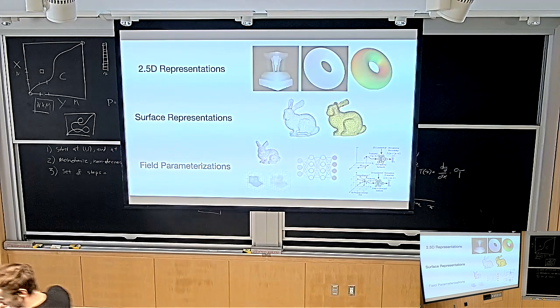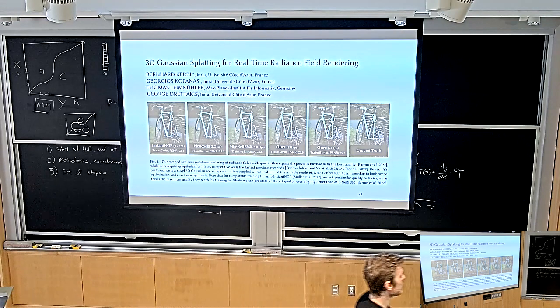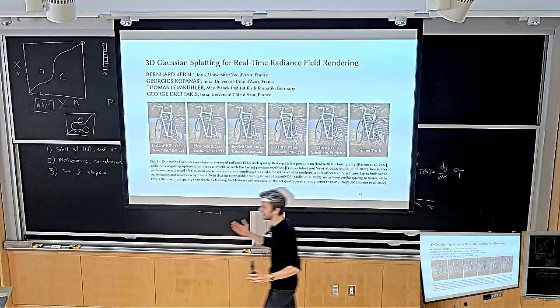Right this year, some 3 months ago, a paper came out that took a different approach, and we're going to discuss that paper now. That paper is called 3D Gaussian Splatting for Real-Time Radiance Field Rendering. This is the front page of the paper. It was written by folks at INRIA, which is basically the Federal Research Institute in France. The institute is actually on the Côte d'Azur, right in Nice, which is a very lovely place to do research. And just looking at the title of the paper, you can already figure out what's going on.